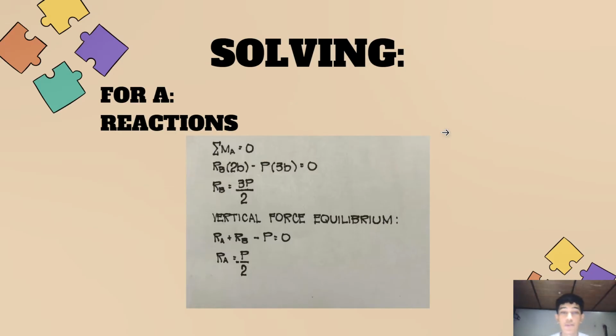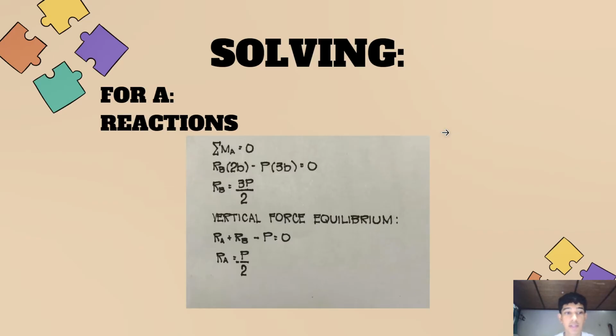The overhanging beam shown in problem 6.15 is supported by a pin at point A and a roller at point B, with a concentrated load P acting downward at the free end C. The distance between A to B is 2B, while the overhanging portion from B to C is B. The objective is to determine the displacement at the point where the load is applied and to calculate the maximum bending stress in the beam.